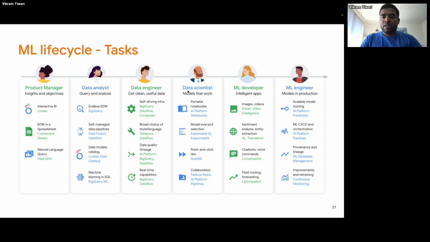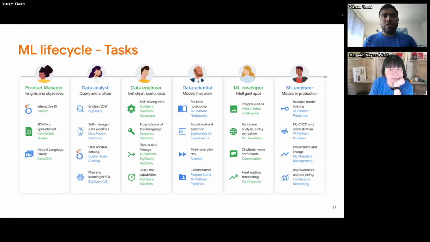As you see here, this section at least will be focused more on the machine learning engineer rather than the machine learning developer or data scientist. Margaret talked to you more about things that fall under the machine learning developer's purview, where you're trying to build a model, trying to build an intelligent app around vision systems, like getting the data and using transfer learning to build a model specific to your use case from a bigger model. But once you're ready with that model, you could pass it along to machine learning engineering, or you could be the one actually doing that process to put it into production and start using it for your app or whatever you're trying to build.